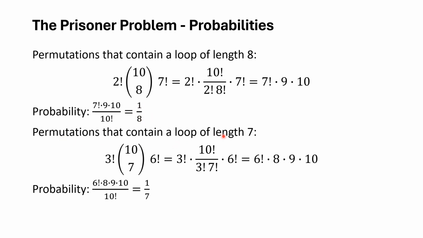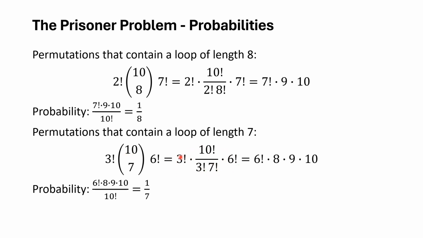And for a loop of length 7, the pattern continues here. You have to pick 7 out of 10 numbers to be in the loop. So it's 10 choose 7, and then there's 6 factorial ways of arranging those 7 objects in a loop, and then for the other 3 that are not part of the 7, there's 3 factorial ways of arranging those, and then you just expand this out,